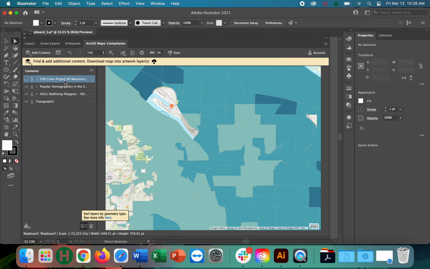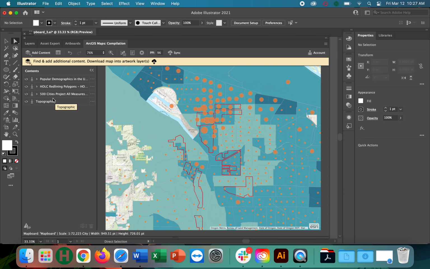Let's resort these. I basically want the polygon data on the bottom, right? Then we want our outlines in the middle, and then we want our point symbols on the top. And yeah, we can see a fairly strong correlation already just with that kind of surface level analysis, especially up here in Northeast Portland. Yeah, and there's